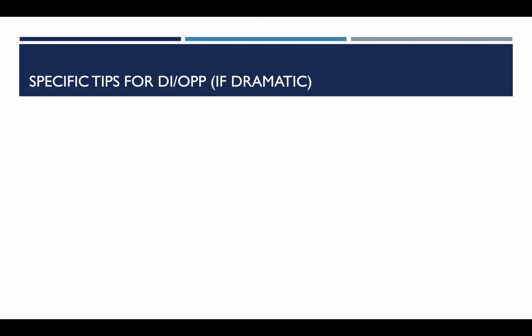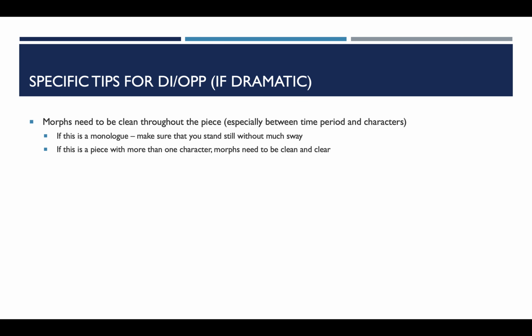The first events that we're going to be talking about today are DI, dramatic interpretation, and OPP, original prose and poetry, if it is more geared towards the dramatic end of the spectrum. In regards to morphs,